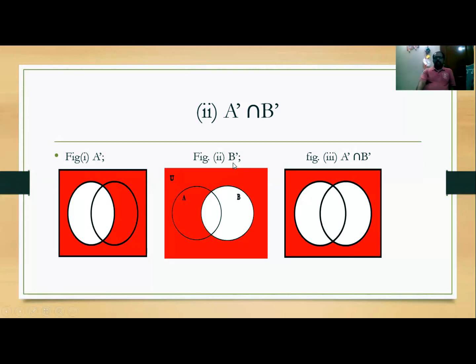Right? And now the intersection of these two, the intersection of A dash and B dash. So how do we get the intersection of A dash and B dash? As we know, the intersection is the common elements. It is a set containing the elements which are in both A dash as well as B dash. That is, the common elements of A dash and B dash. So just see the common region for the first two figures drawn.